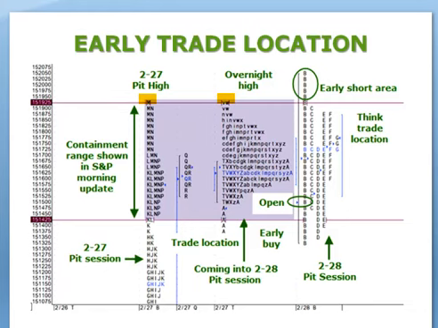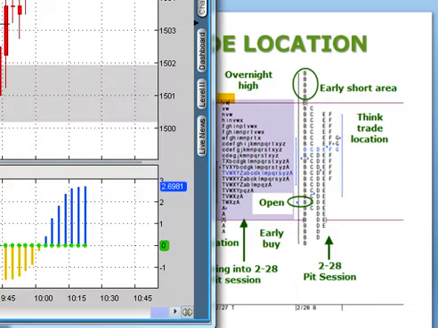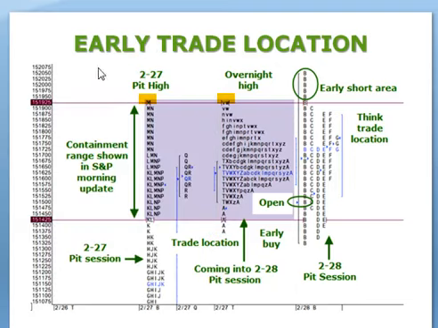All right. So early trade location, Jim, right? Isn't that the next slide? Yes, it is. Now, this slide is up there because this is what happened early yesterday. And once again, you can see that I had an early containment zone, and this is taken from our pre-market blog, or blog in the morning. I had the containment at 15.19.25 and 15.14.25. I have those as the two containment levels in there.